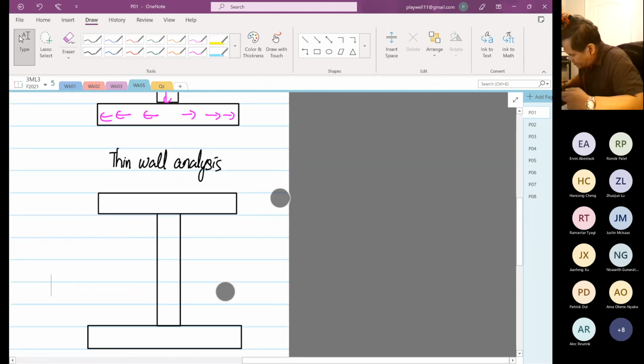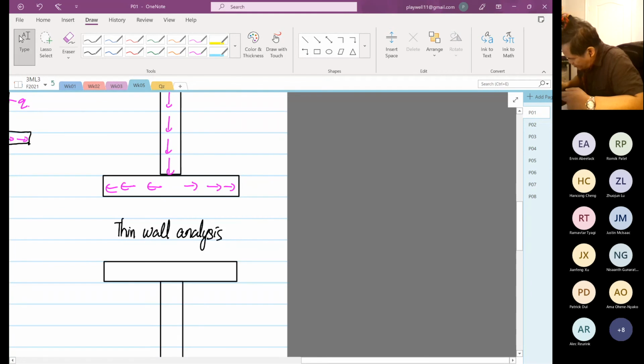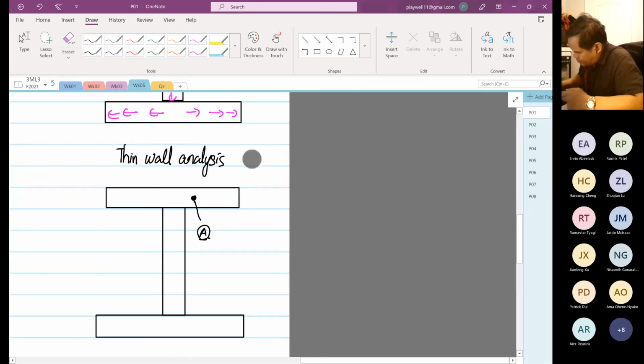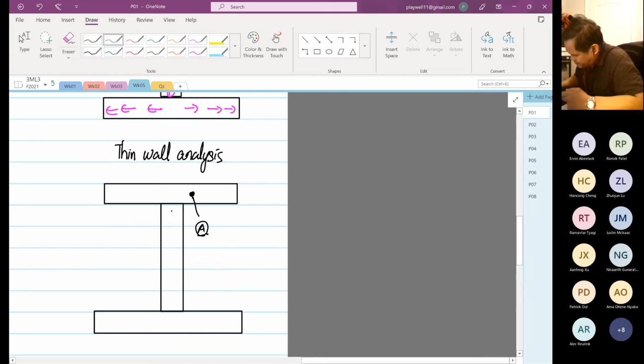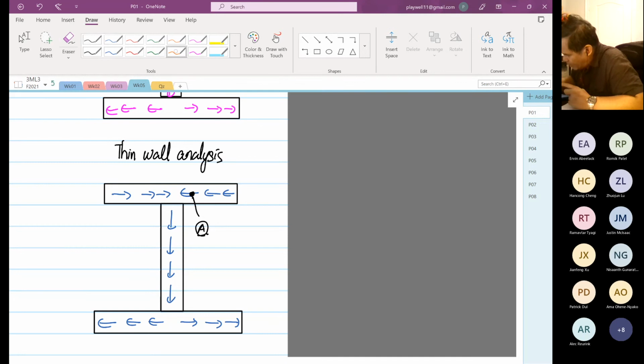If now we're again interested in the same location, so this is also still our point A, right? And the shear flow is still the same. The area of interest now changes. So now the area of interest is this area,